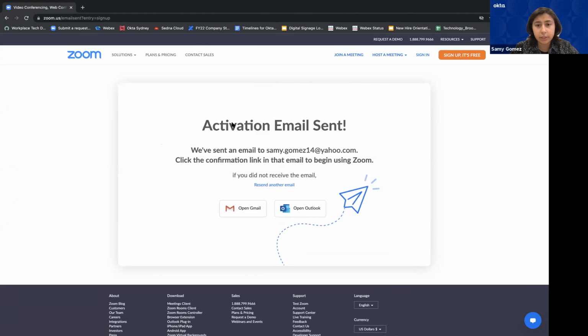You'll get an activation email sent. You'll get an email from Zoom. You see how it says confirmation link will be sent to your email to begin using Zoom. So if I pull up my Yahoo account, I will get that email, and that's how I can finish completing my Zoom account. So I'm gonna go ahead and sign in here.